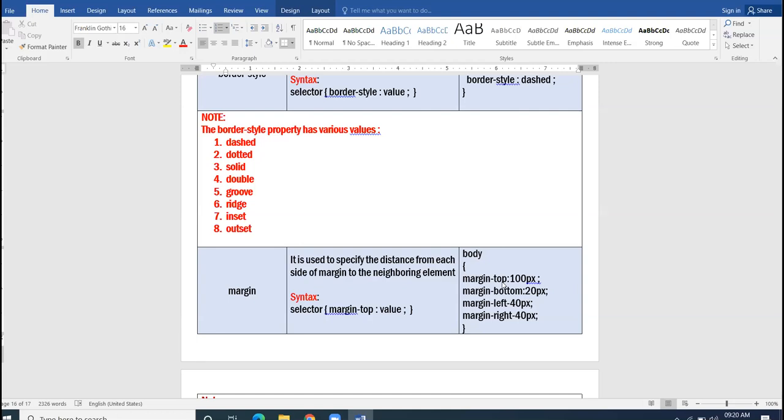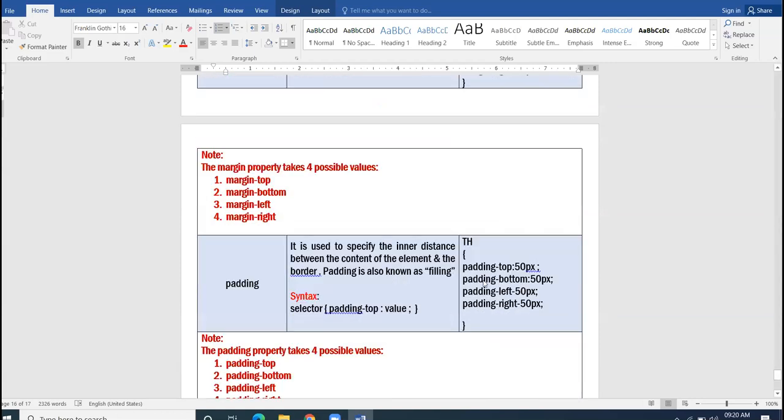Clear? Then coming to the next concept, padding. I just revised one small portion of the table tag in HTML where you used the attribute cell padding. Cell padding means the amount of space between the content of the cell and the cell border. Like I showed this cell to you. Just focus on this cell. This is the content of the cell which I have shaded.